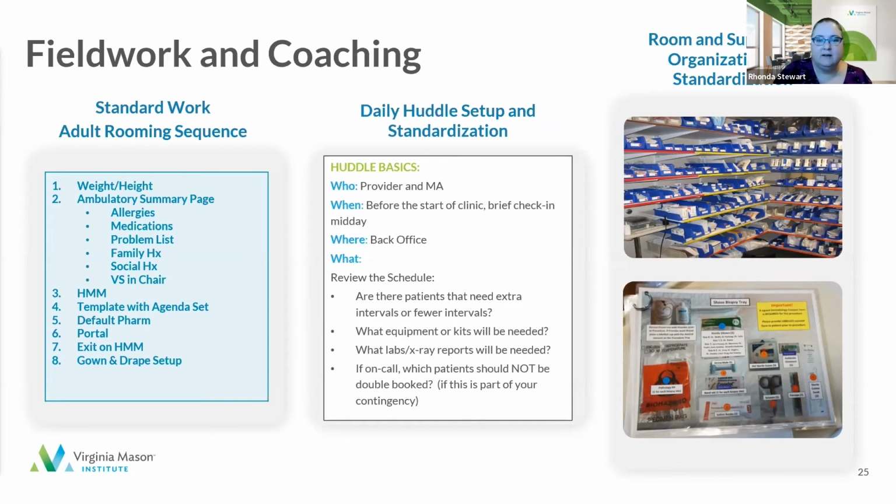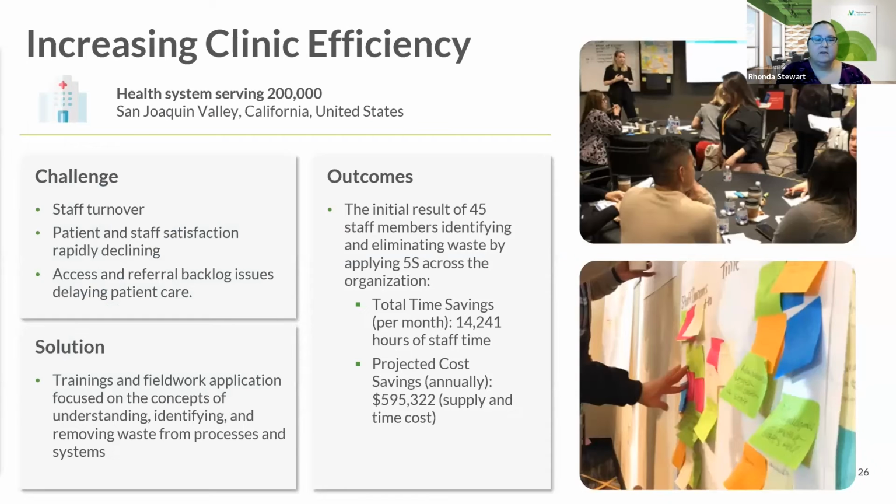Or organizing a large supply closet. Are we color coding our supplies in ways that we can find those respiratory versus cardiac versus GI supplies? And that example around standardizing some of the setup for getting ready for procedures and things like that. These are just some of the examples that you can practice throughout the course, as well as another example